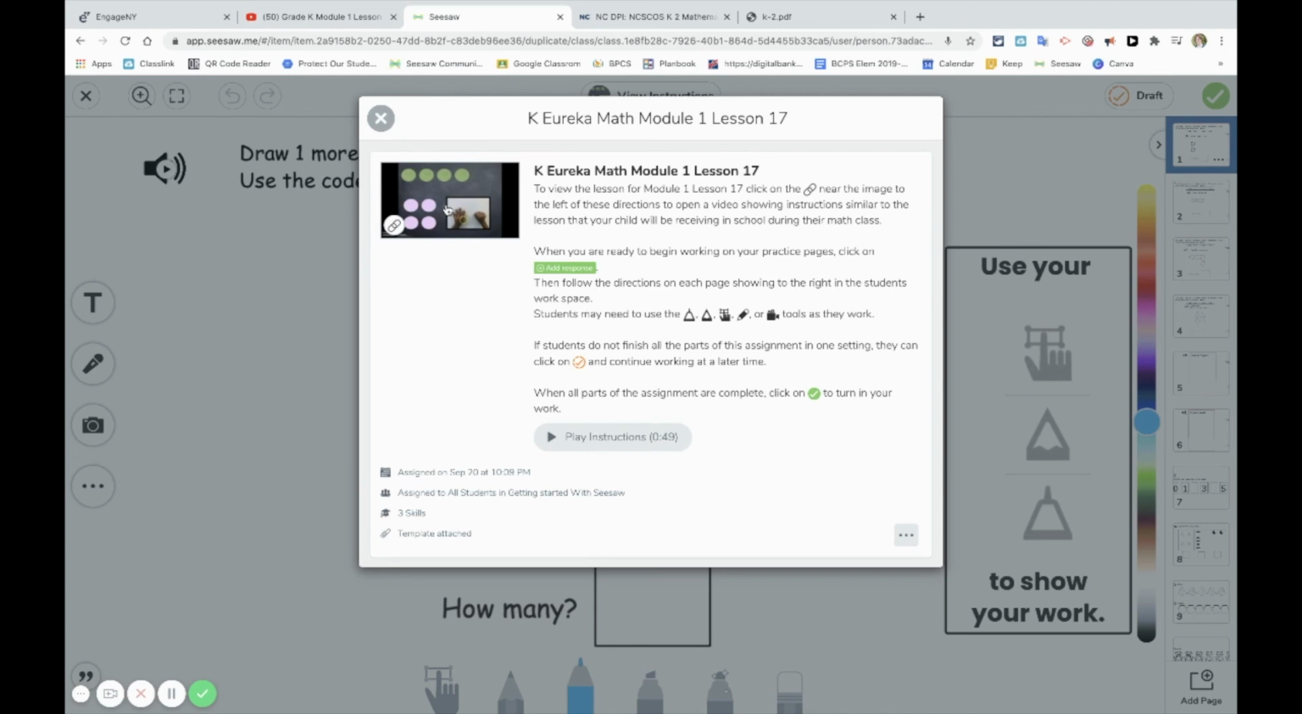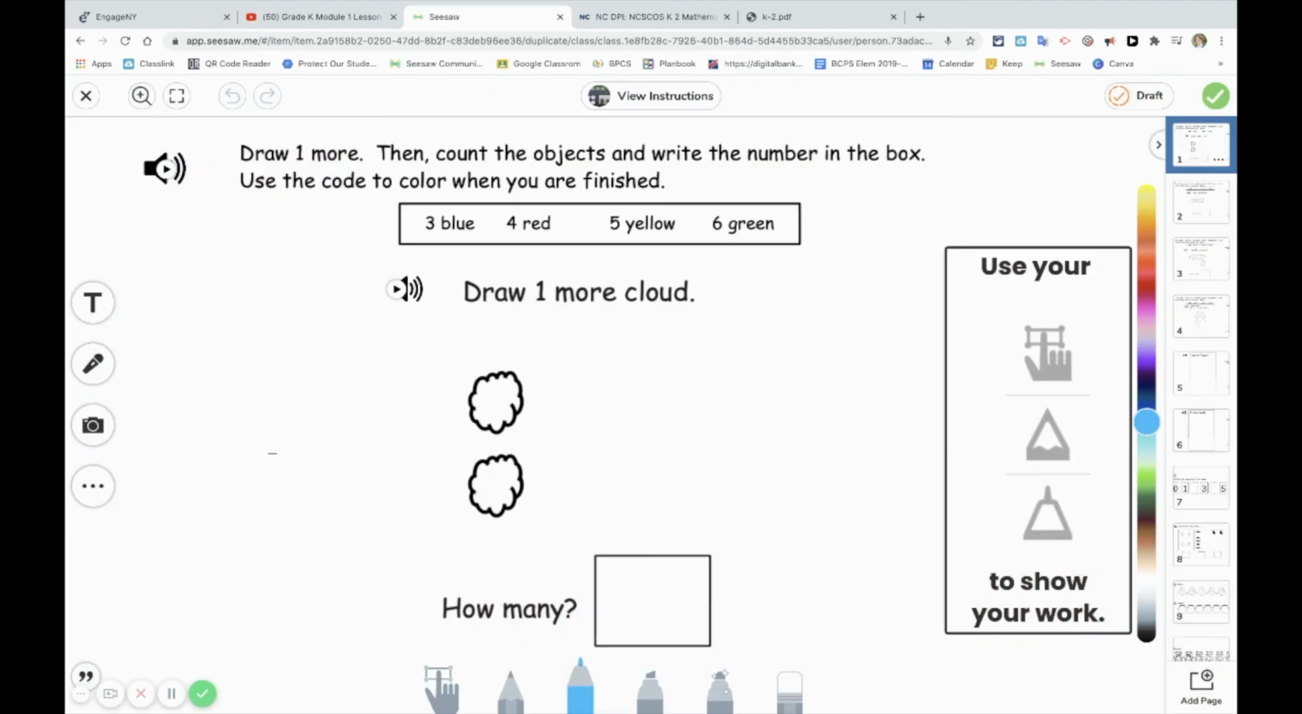So hopefully all of this has been helpful in creating student activities in Seesaw that have a multimedia lesson or example attached and a student template that the students can work in. If you have any questions, feel free to contact your ITF, or if you need to,